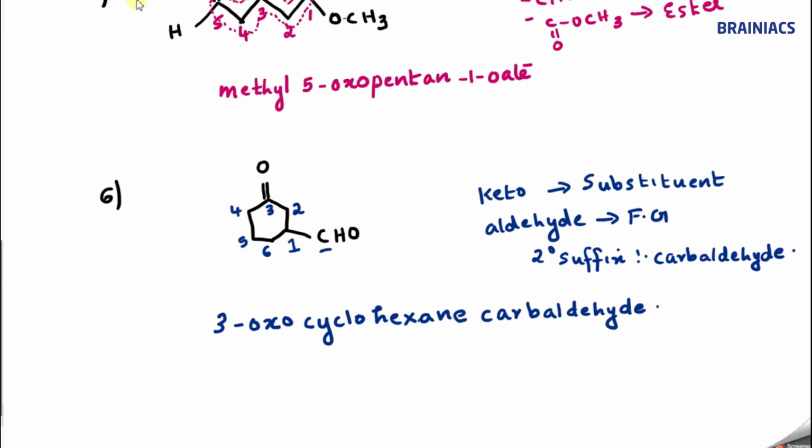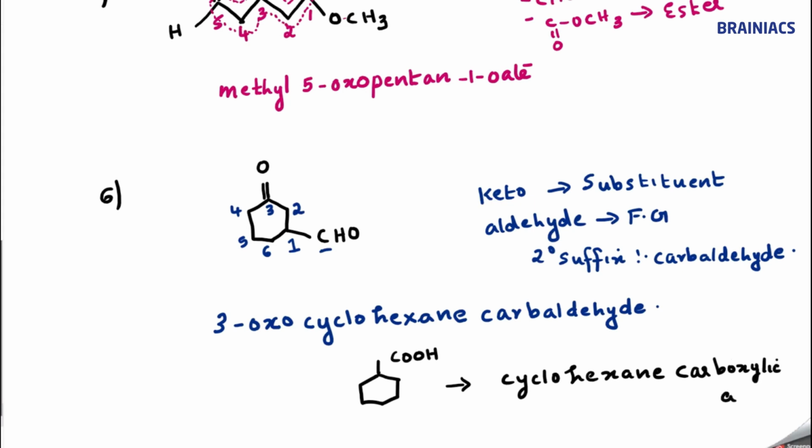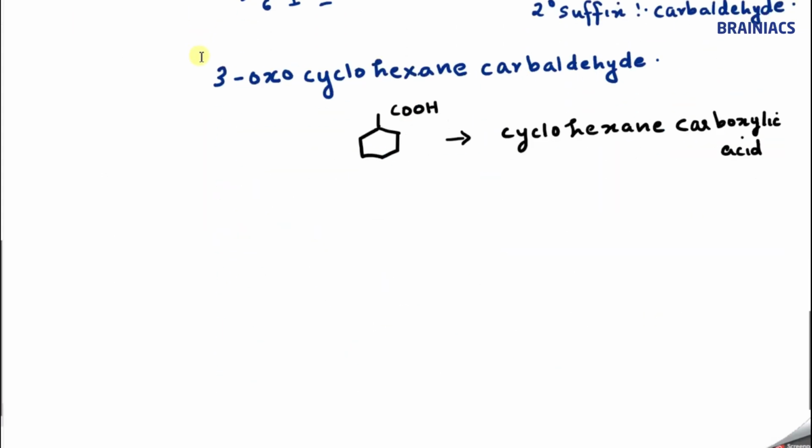So I have given you many examples like this. I hope you remember this question. Similarly, if COOH comes, I have taught you already. What is the name of this compound? Cyclo will come because no substituent, then hex, all are connected through single bond, hexane. Then we cannot use oic acid. Instead, we use carboxylic acid, because only the COOH group is present outside. Please remember these examples, very, very important. Let's see the next question.